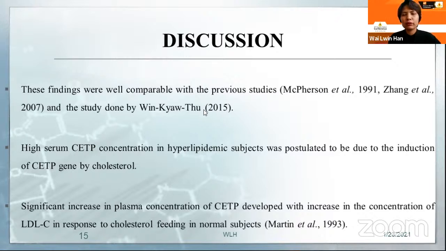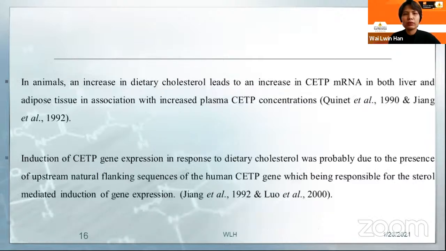The high serum CETP concentration in hyperlipidemic subjects was postulated to be due to the induction of the CETP gene by cholesterol. A significant increase in plasma concentration of CETP, doubling with the increase in the concentration of LDL cholesterol, was seen in response to cholesterol feeding in normal subjects. In animals, an increase in dietary cholesterol leads to an increase in CETP messenger RNA in both liver and adipose tissue in association with increased plasma